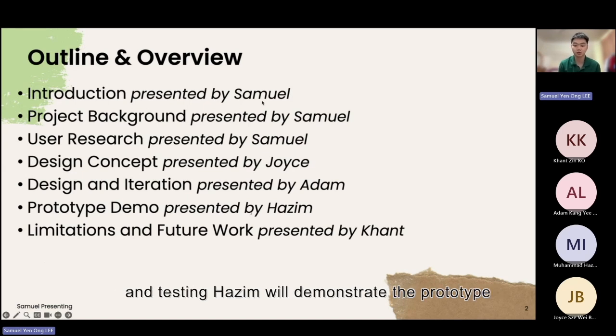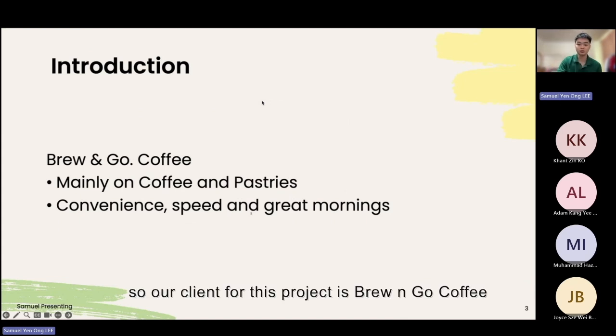Hazim will demonstrate the prototype, bringing our design to life. And finally, Kent will conclude with the limitations and future work, discussing what we have learned and what could improve in future iterations. So our client for this project is Brew and Go Coffee, a homegrown cafe business known for